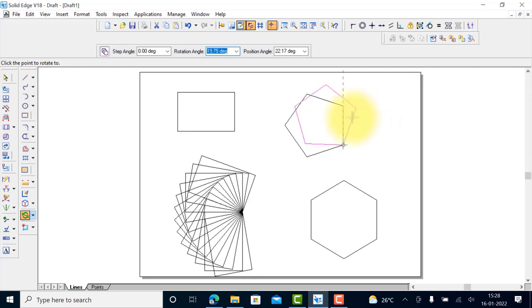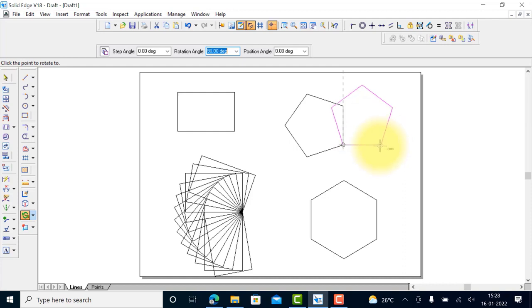I want this side to be at 30 degree from the horizontal. So it's giving position angle. Position angle means absolute from horizontal. Say if you give 30 degree, it will give 30 degree like this. If you give minus 30, it will rotate like this. So it is always absolute angle